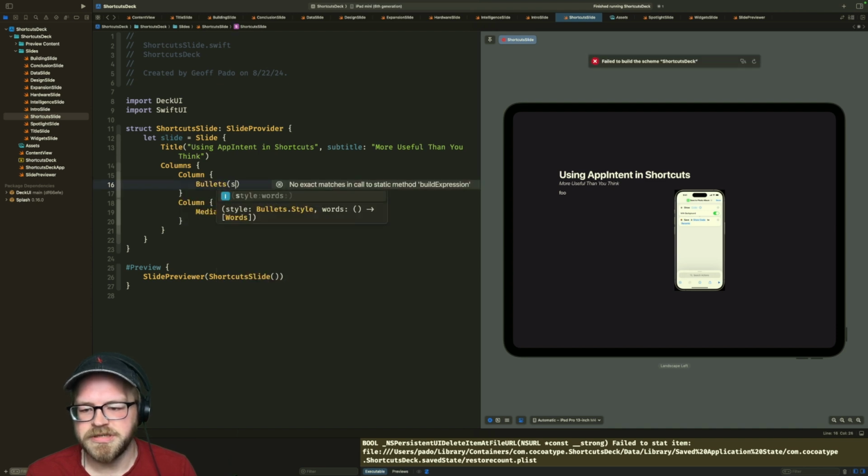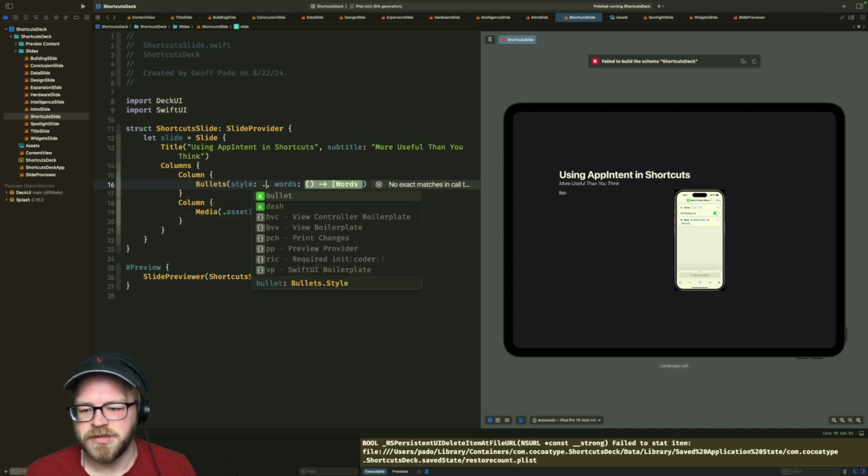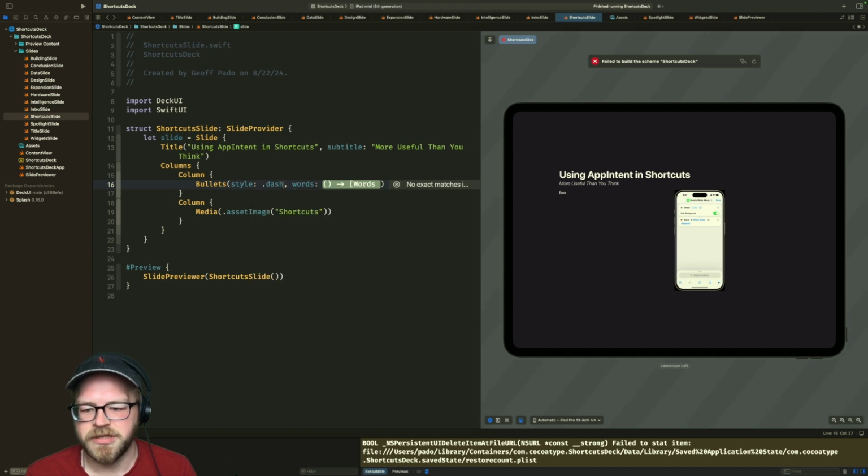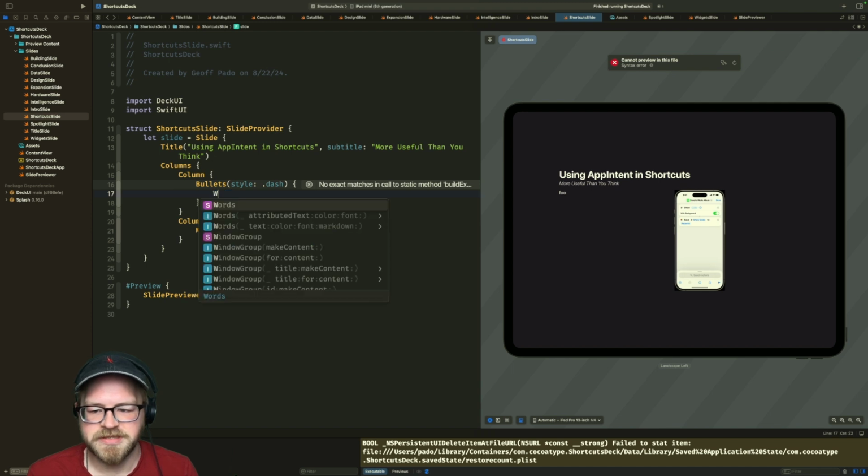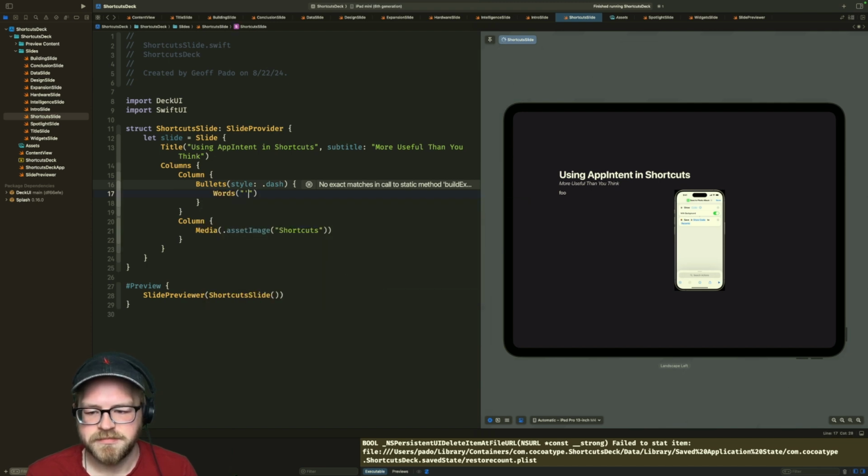I want to know what bullet style is. Like, what kind of style can I have? Oh, I can have a bullet or a dash. I do kind of like dashes. You just go replace all of these now again. I don't know.